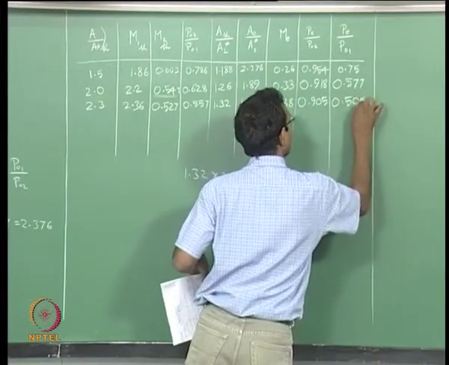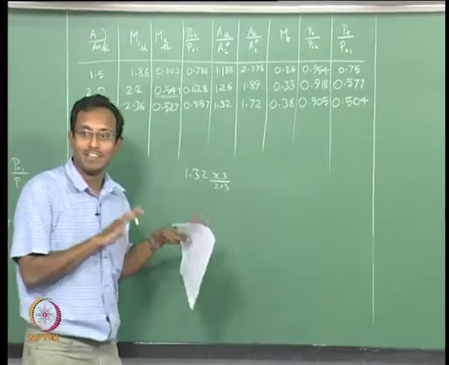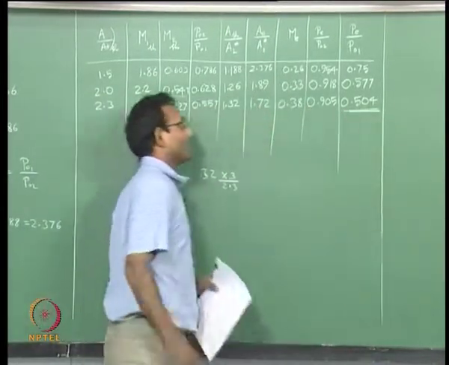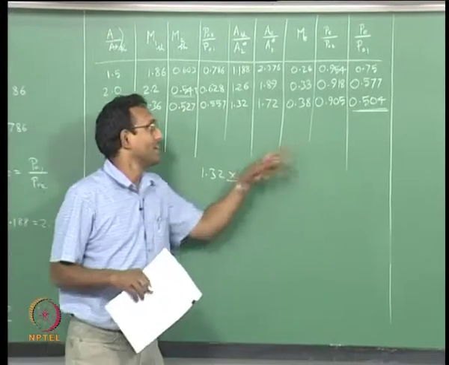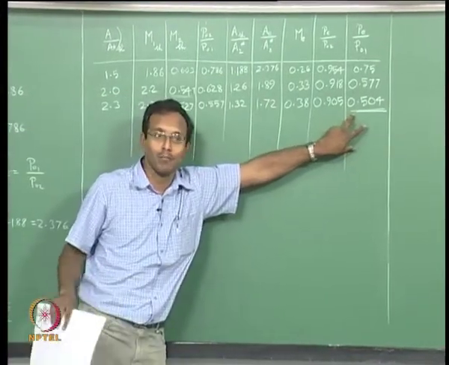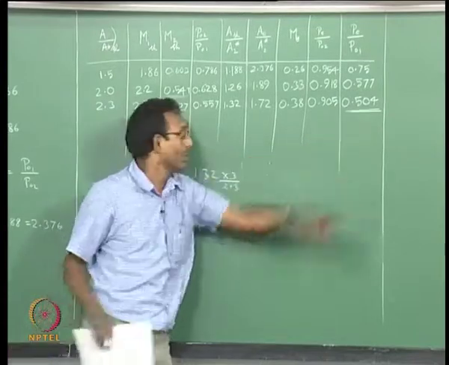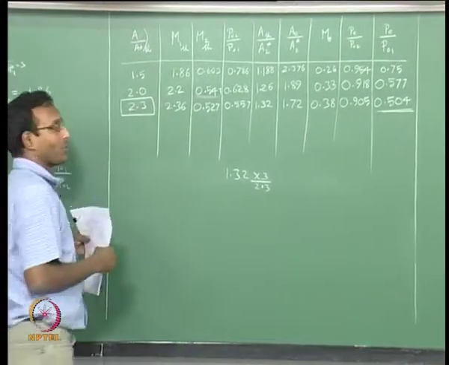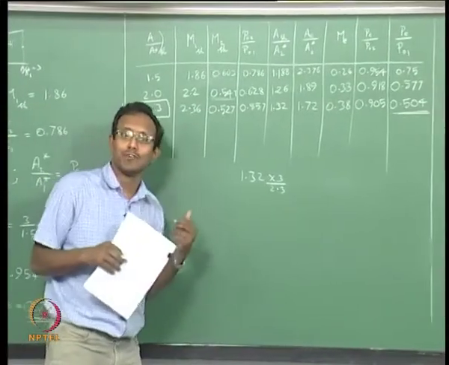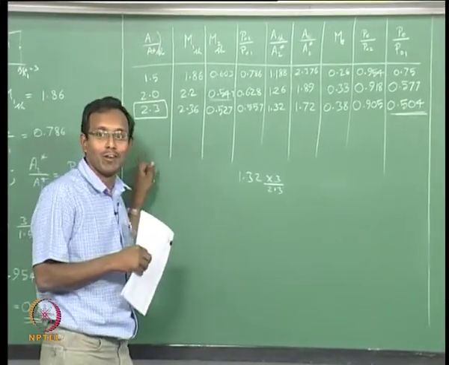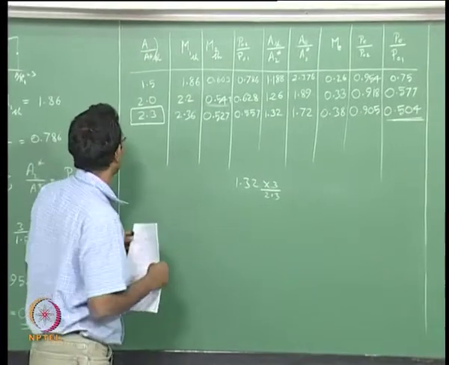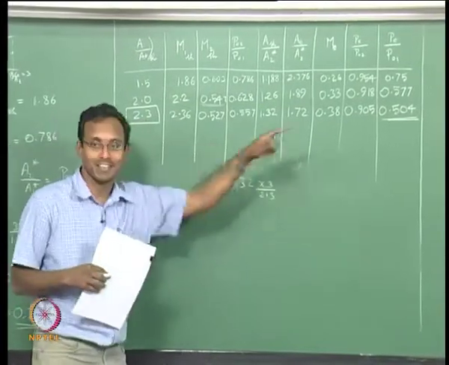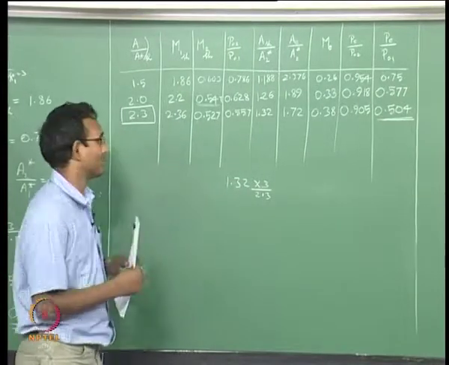0.504. Okay, since this is close enough, we'll stop here. I don't want to keep spending time. You know the procedure. This is close enough to my starting condition, where I want it to be 0.5 of P01. So I am going to say my shock is supposed to be sitting at 2.3. It's a lucky guess for me. I could have guessed 2.5 and I would have gone a longer process. I just guessed close enough. If I guessed 2.29, I would have hit it exactly. It's just close enough for us.